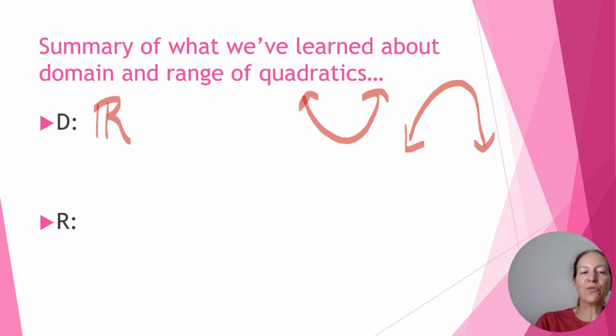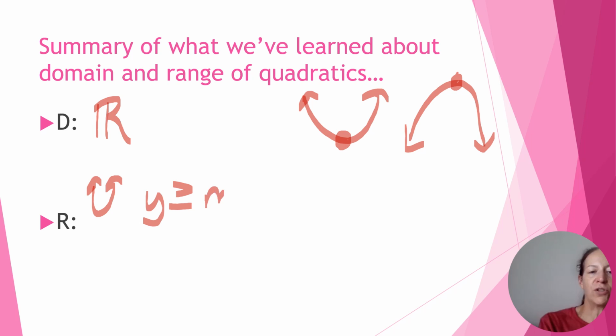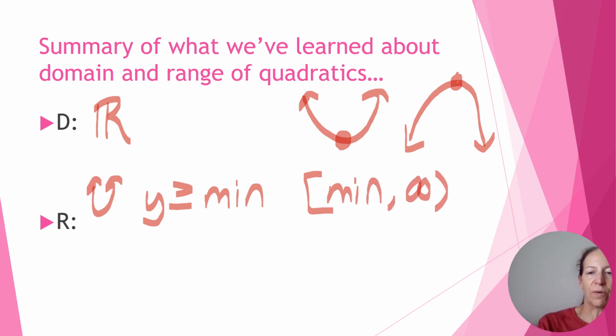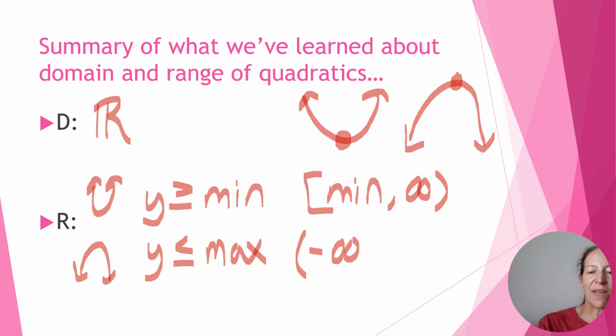Now, when it comes to the range, every single parabola has a minimum or maximum value. If the parabola is pointing upward, then your range would be y is greater than or equal to whatever the minimum is. Or you would say it starts at that minimum value and would continue to infinity. If the parabola is flipped, then y is less than or equal to the maximum value. And in this case, you would say that parabola starts all the way down at negative infinity